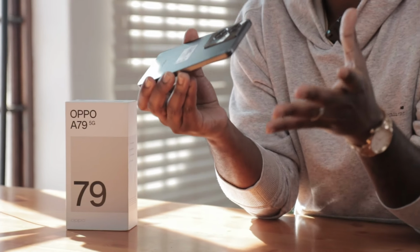As usual, let's start with how it looks. As you can see, I have the black variation. It kind of gives more of a dark gray, actually. They call it mystery black. It comes in one other finish they call dazzling purple. The overall design, especially the back, makes it look incredibly top range, I think, for a phone that they're selling as mid-range. It weighs 193 grams and it's just under 8 millimeters thick, meaning it's very light and very, very